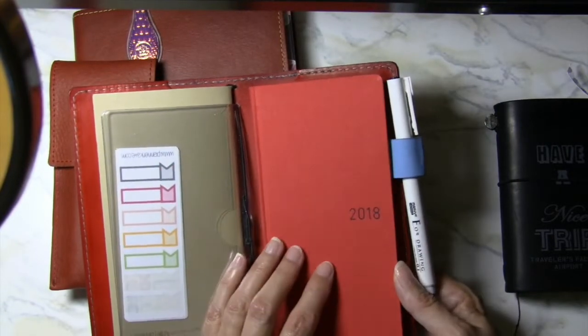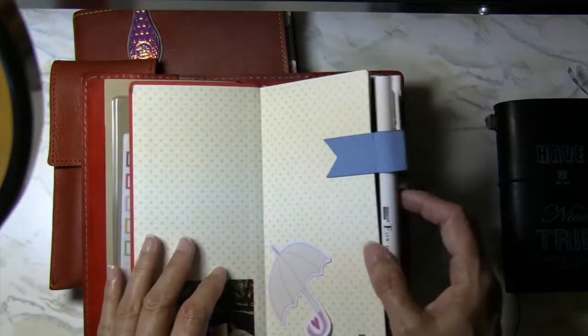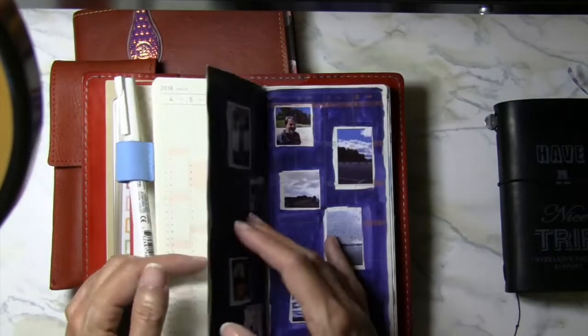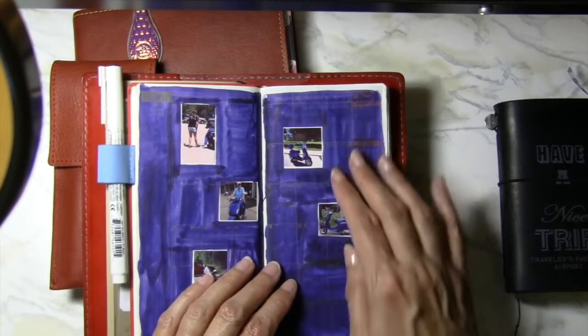And then this is a Hobonichi Weeks for 2018. I don't use it as a calendar. What I did was I took the calendar pages and I used,